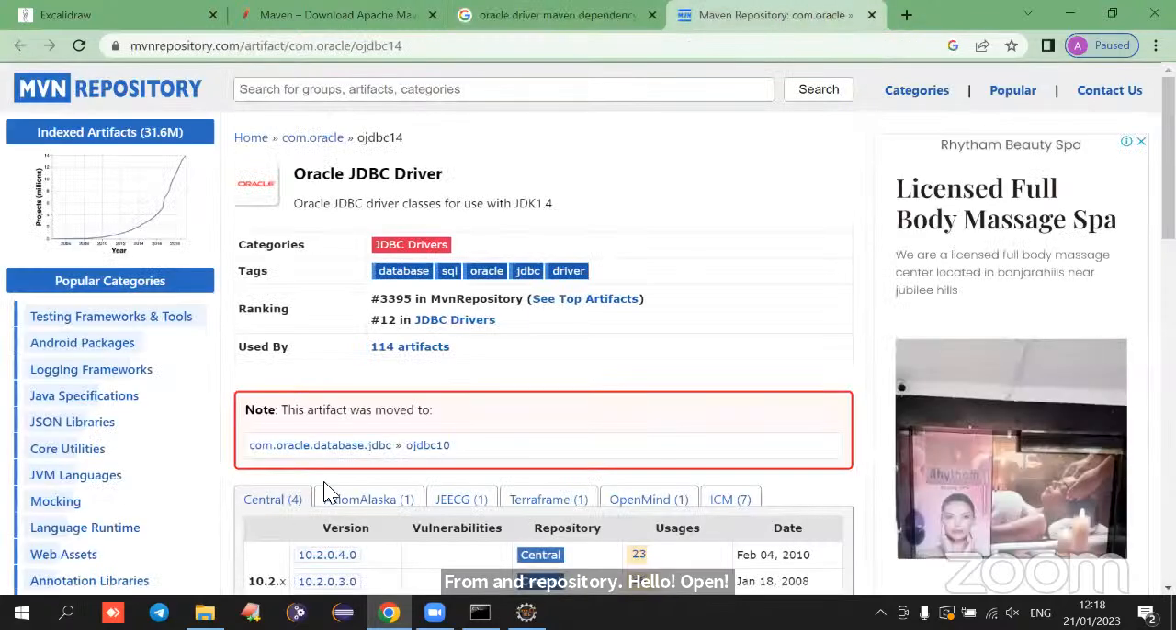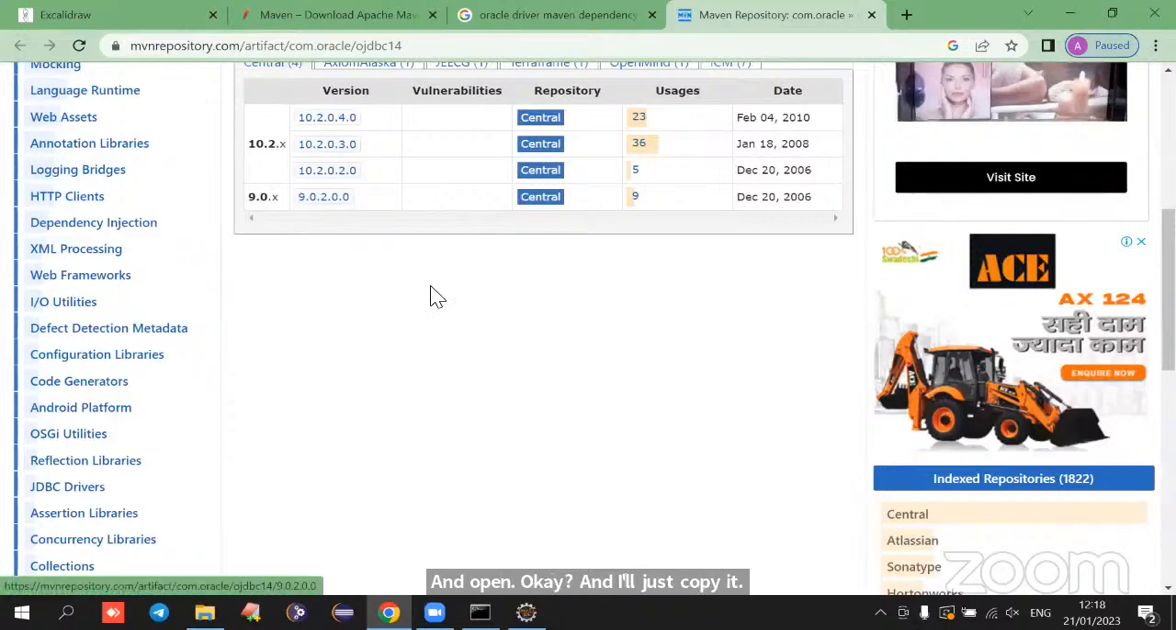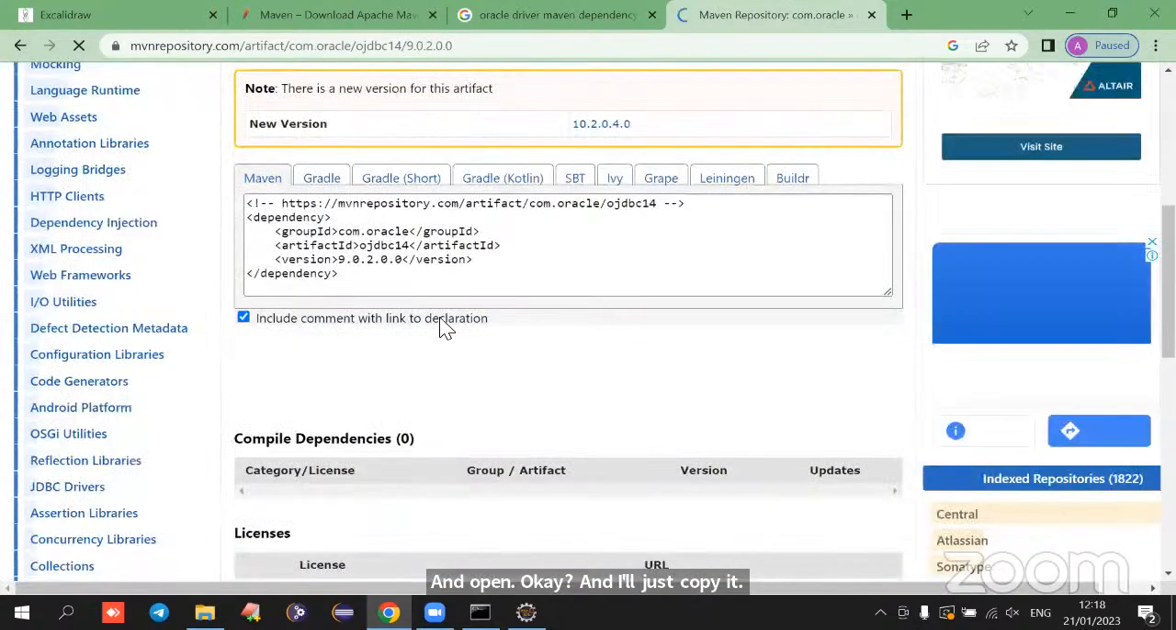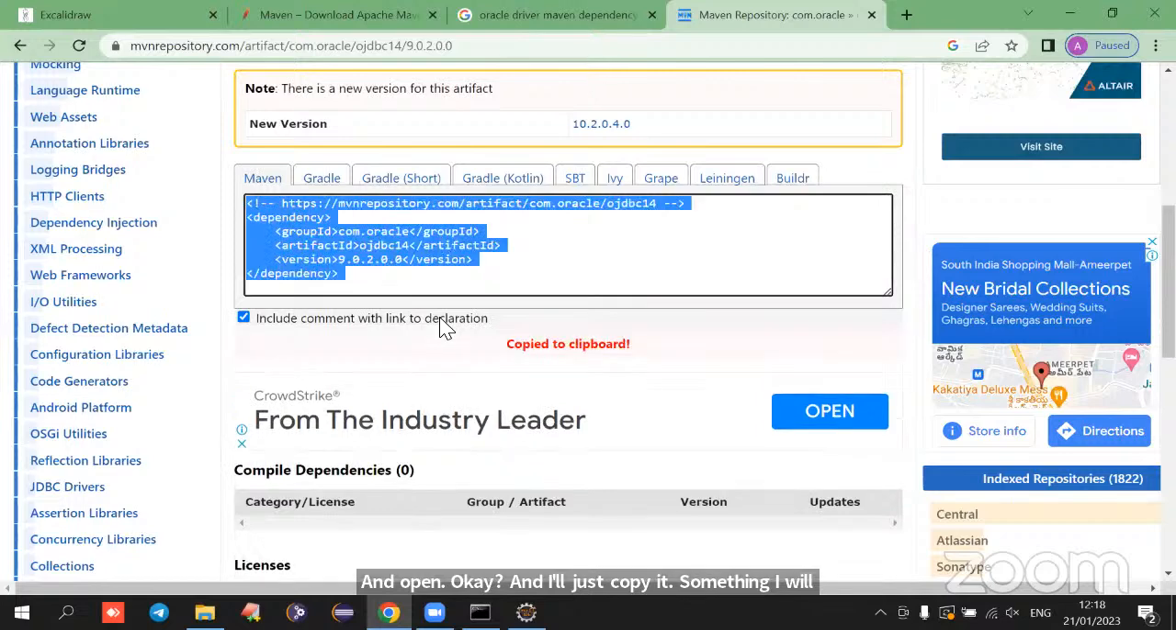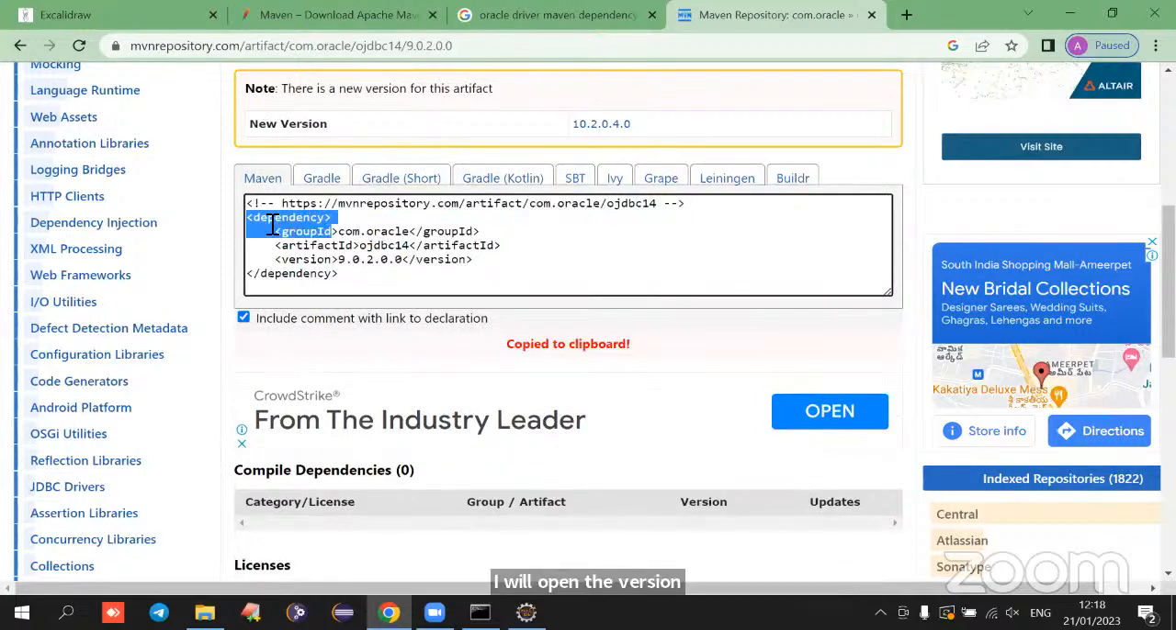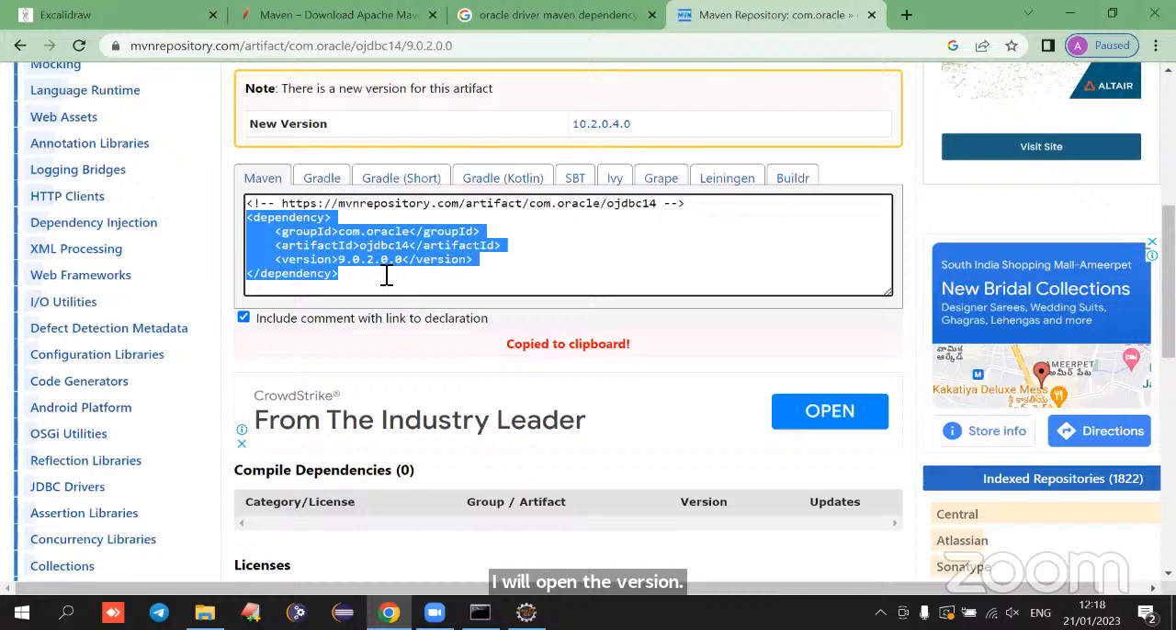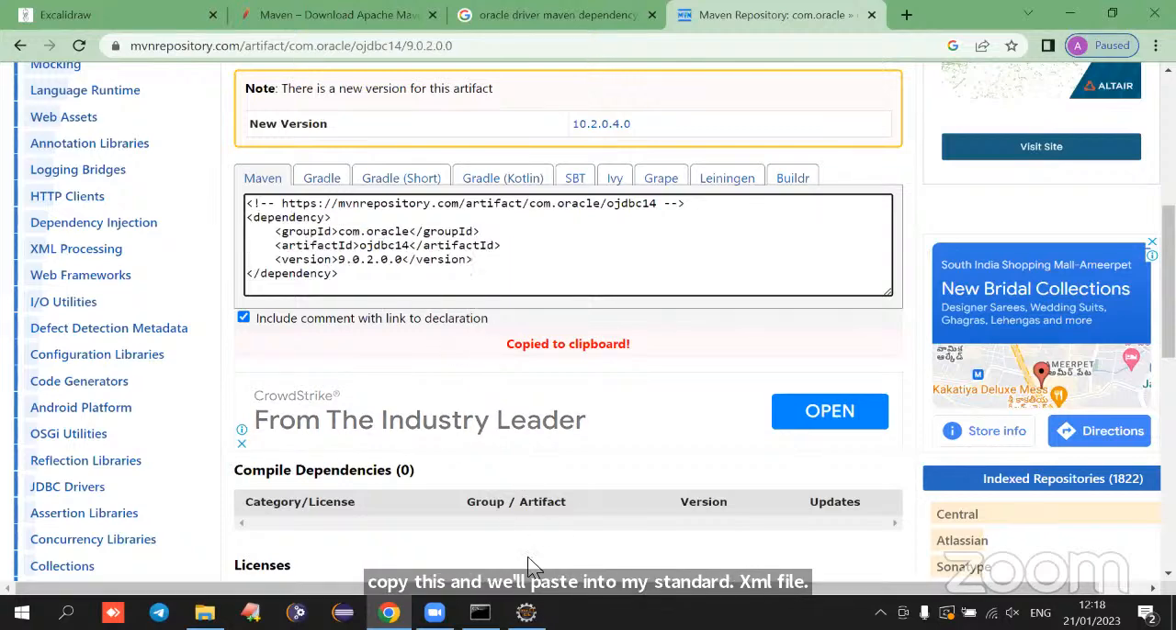I'll open, okay, and I will just copy it. Something, I will open the version. Now I'll copy. The dependency tag is there now, with group ID, artifact ID, version. I'll copy this and paste it into my pom.xml file. A bit of the concept is there. Okay, but for the time being,